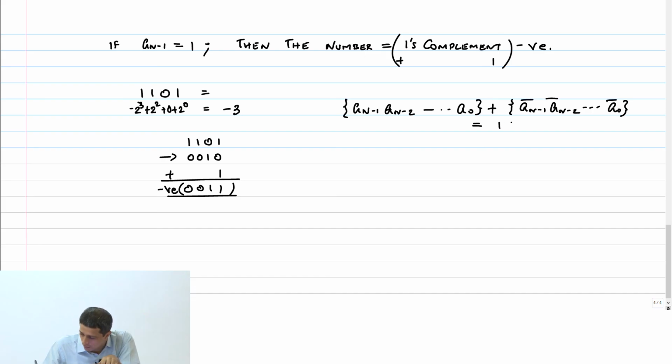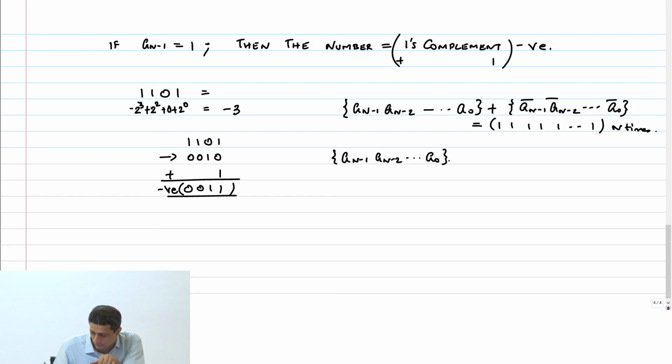So this will be all ones, n times. Now what are we saying? This representation has a value equal to n ones. What is that value? 2 power n minus 1.